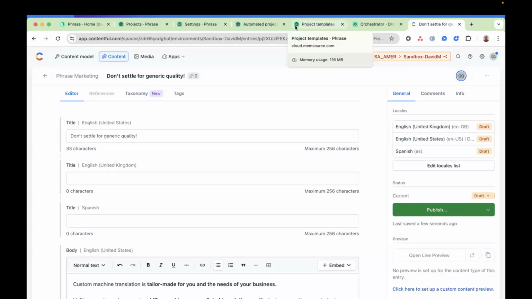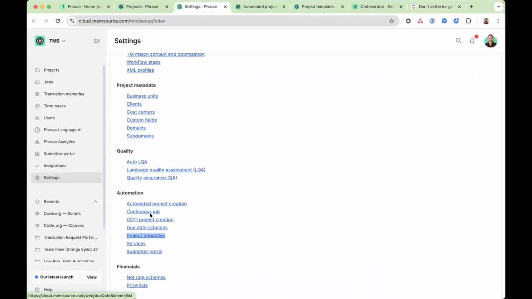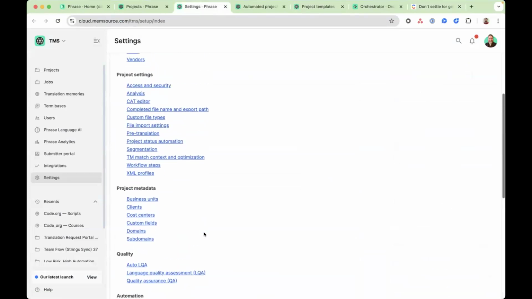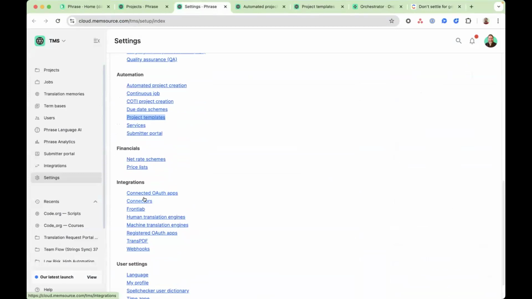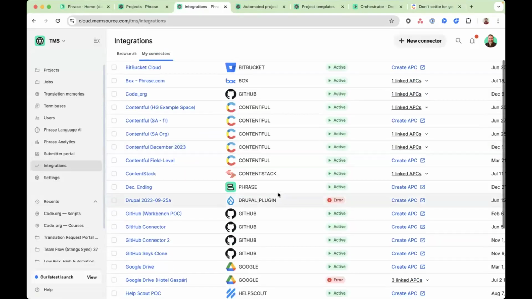At this point now, I want that automation to kick in. And the way that actually works in the phrase platform is we have a connector that knows how to talk to Contentful, knows how to talk to a lot of different content sources. Actually, if I flip over to the phrase TMS, and apologize, I meant to have this integrations connectors section opened up before we got started, but you can see I have a number of different content sources configured